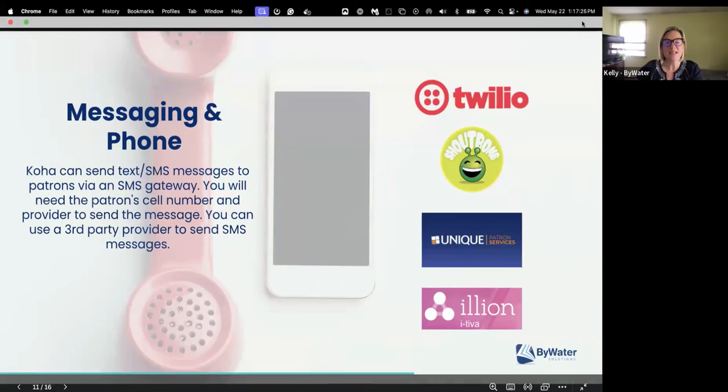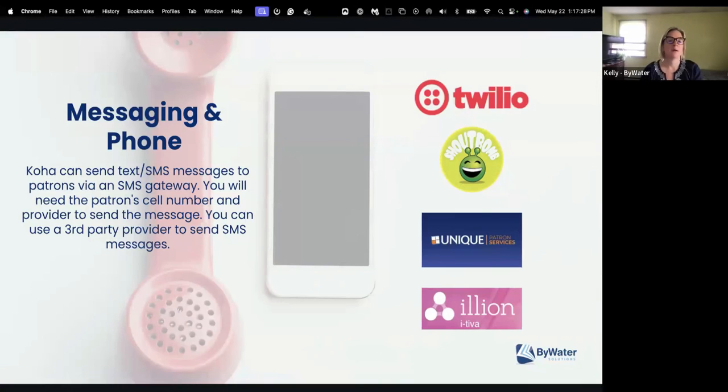Okay, messaging and phone. We know how important it is to reach out to our patrons, letting them know great things about maybe they have a hold ready to be picked up, or hey, don't forget to return your items before those fines accrue. Koha can seamlessly integrate with these vendors that I have listed, such as Twilio, Shoutbomb,